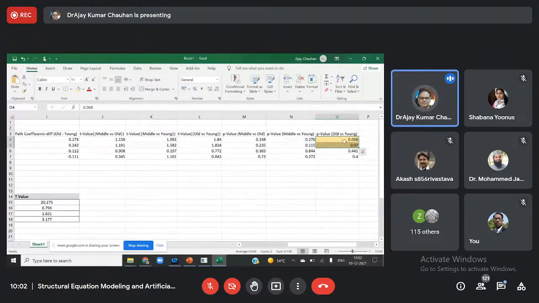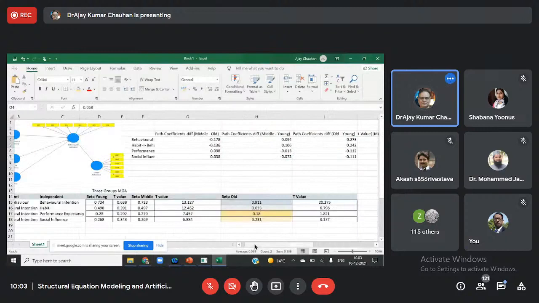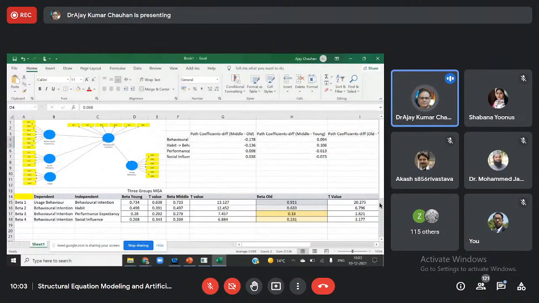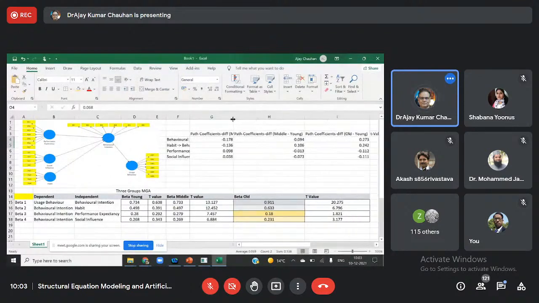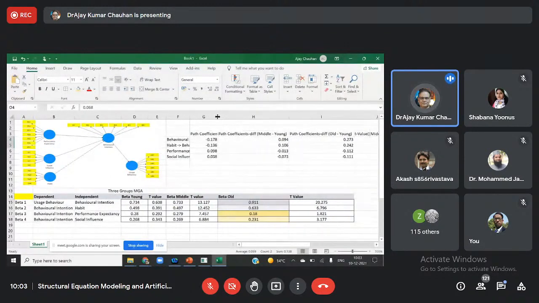So this is the conclusion you can draw. In all other cases, the p-value is not found to be significant. Only in these two cases they are near to significant. We have to report all these values here, but that will take time, so I'm not doing that. I hope it is clear how to do MG analysis in